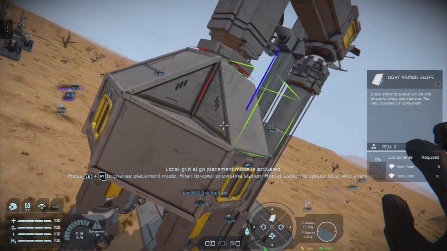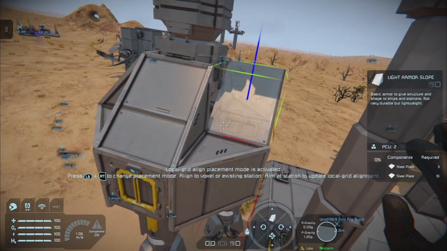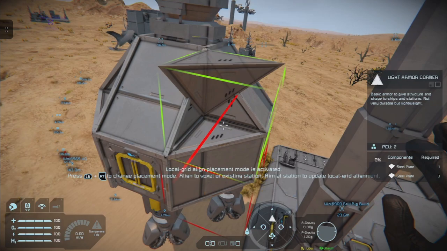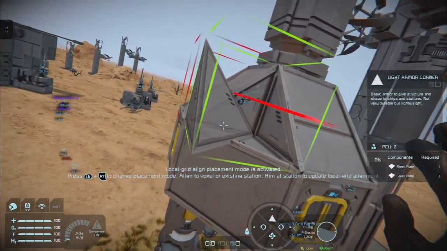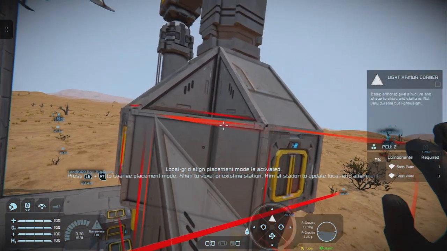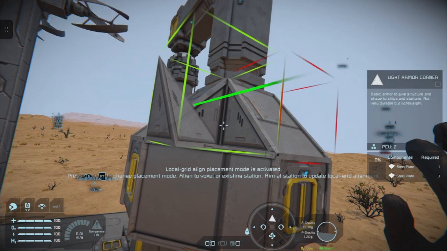I just like it to look like this. You don't have to do that. You can just leave it sticking out like it is.